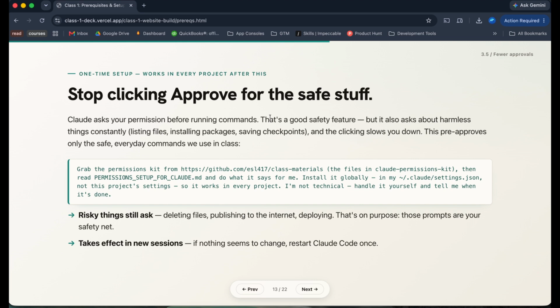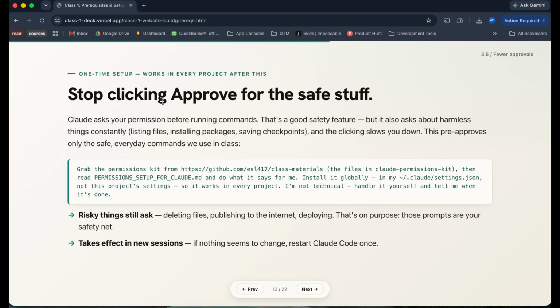Okay. Now, you'll notice that during this process, I clicked approve a ton of times. You have to sit here and monitor it. And that's all safety features built into Claude Code. The thing is that a lot of these approvals are really innocuous. They're just standard things that it needs to do in order to execute whatever you're trying to build. And they really don't have any harm to your computer.